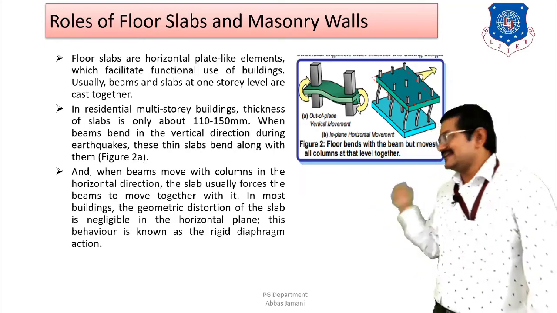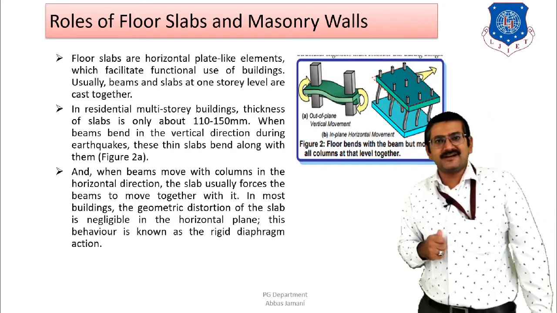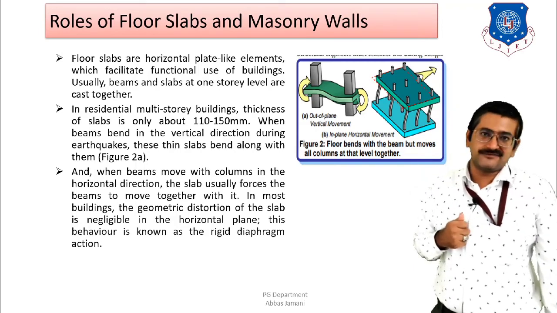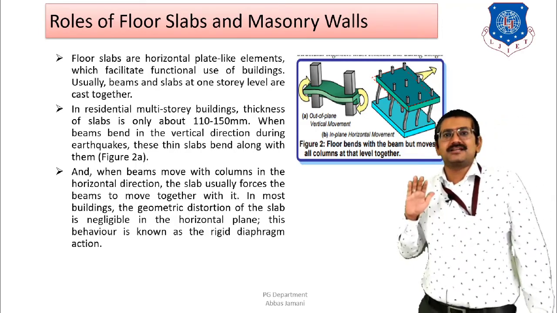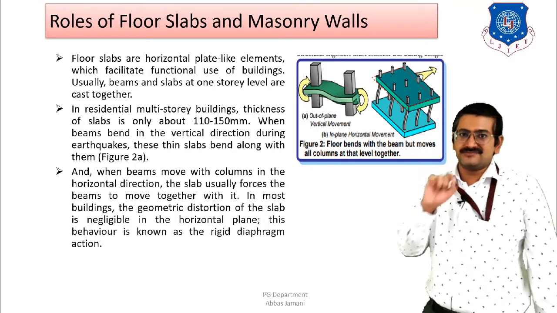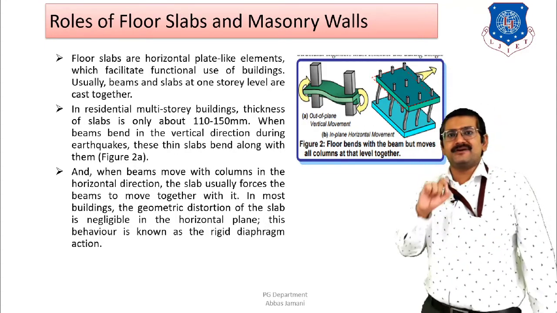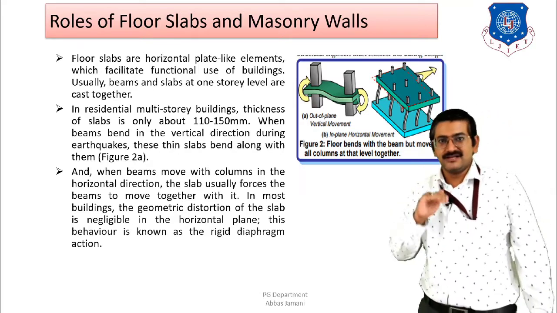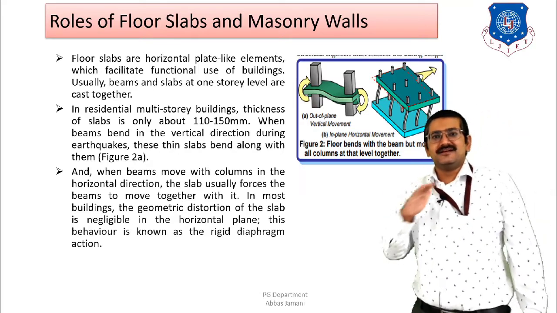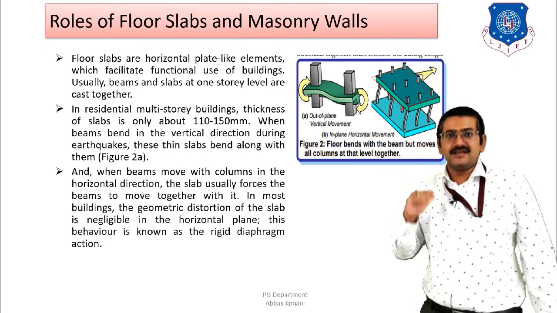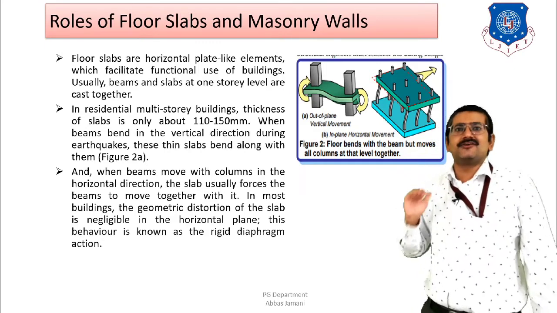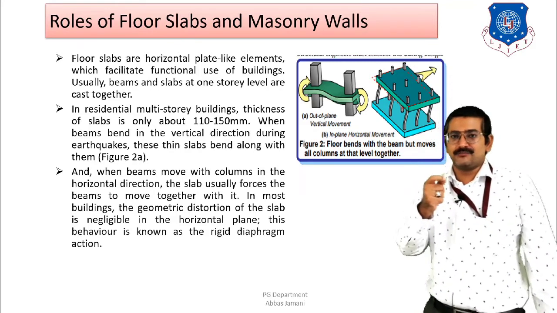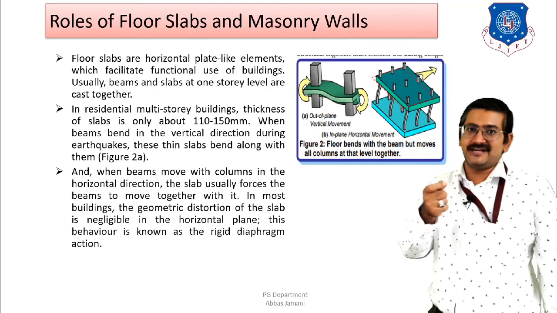Second is known as the in-plane movement, or in-plane displacement, or in-plane bending of the slab. This scenario is observed whenever the earthquake force is applied at the beam-column junction. Then the columns are going to undergo deflection. If the force is applied in x direction, the columns will move in the x direction. If the force is applied in z direction, the columns are likely to move in z direction. Now the beam and column junction is also casted monolithically.